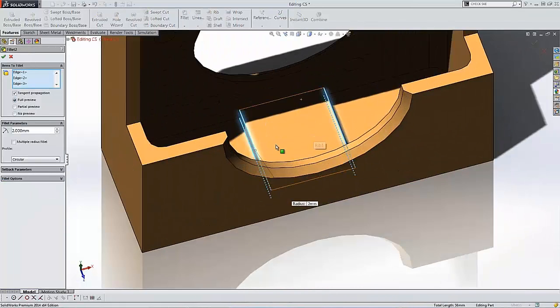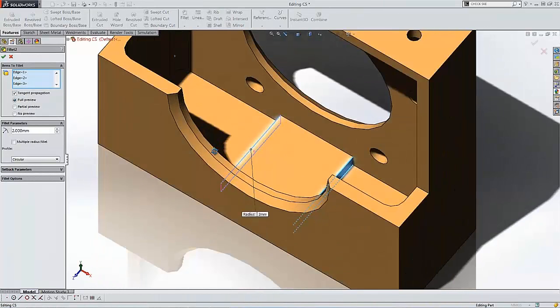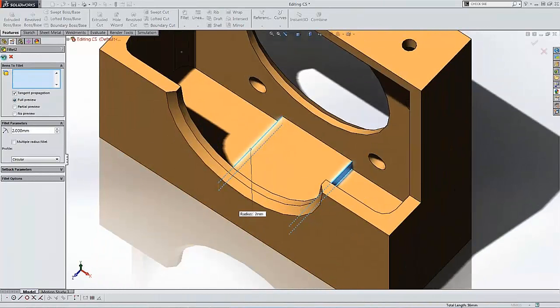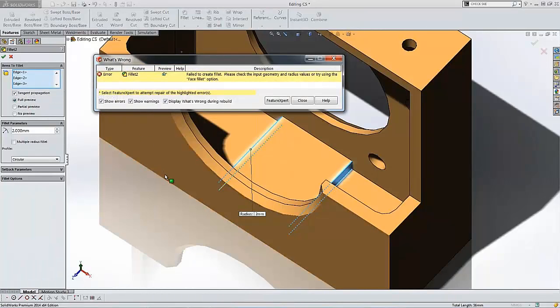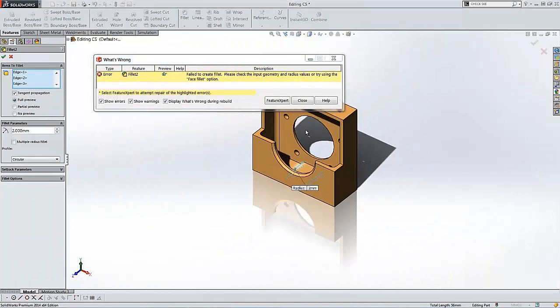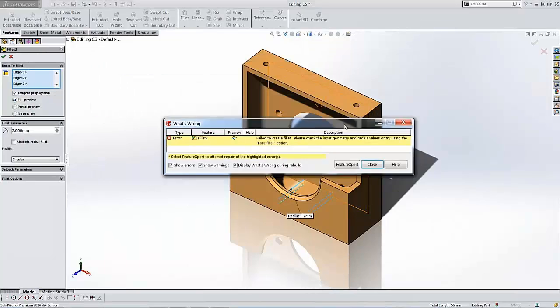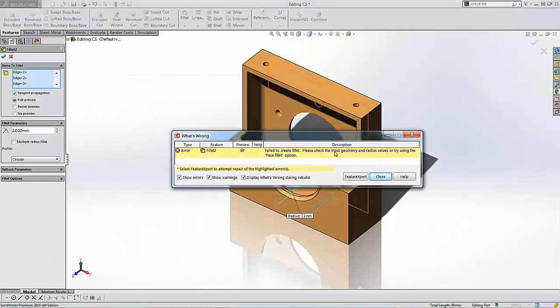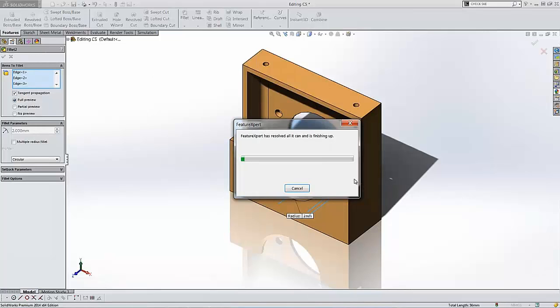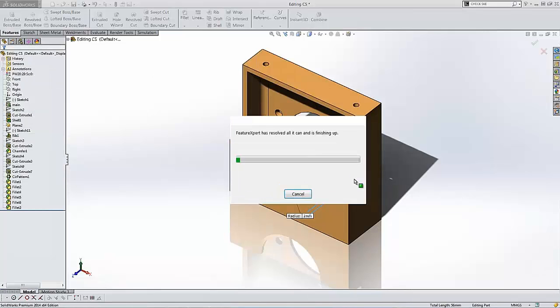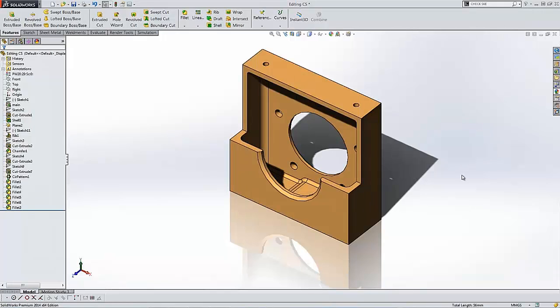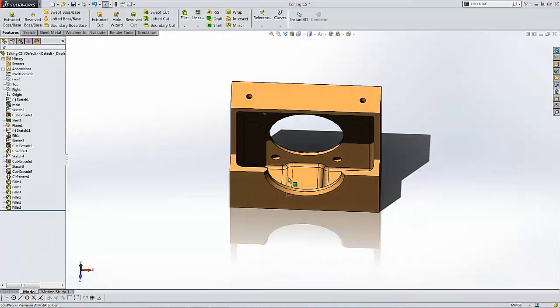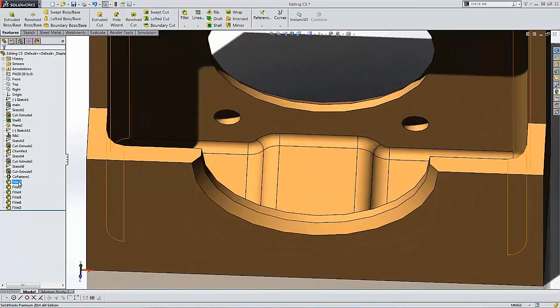scenario taking place. When I exit out of this failing feature, what you'll notice is the fault is going to be highlighted in yellow. This has significant meaning because this means SolidWorks reckons it'll be able to have a shot at repairing the failing feature itself if we click on the Feature Expert tool, accessible right there. So if we click on that one, SolidWorks will have a look at the geometry we're trying to create and it will see if it can fix it. And as you can see, it's added a multitude of fillets there to help me achieve what I was trying